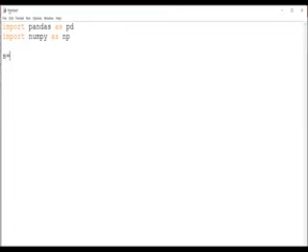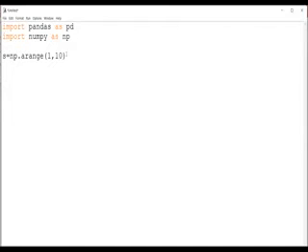I am making one collection. s is equal to np dot arange, which is the name of the function. How do we have to give the values in this arange function? It is a function, so we never write square brackets in a function. In a function there will always be the circular bracket. Start, stop, step. Very good.